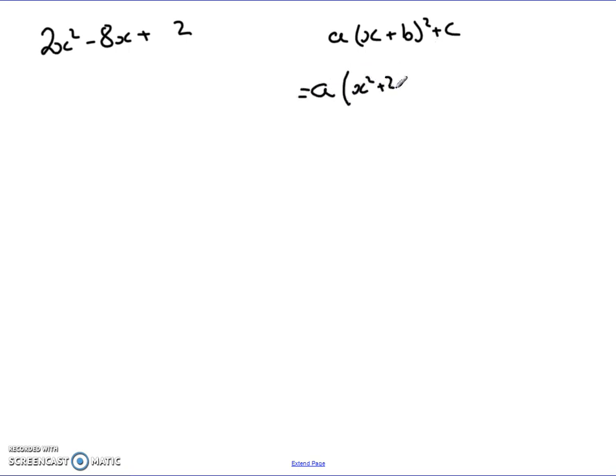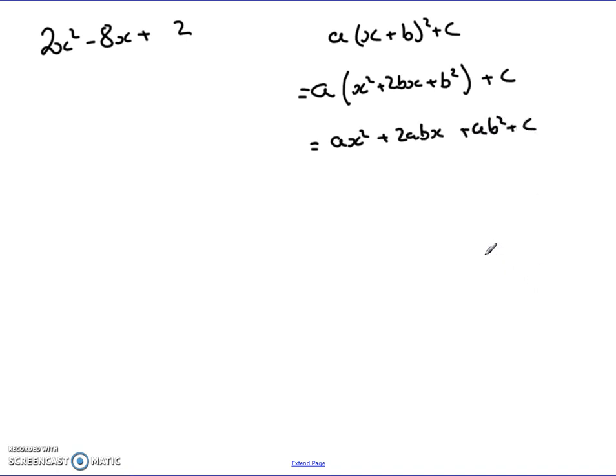Now another way of factorizing something like this is take your 2x squared minus 8x plus 2, and we want to put it in this form. Remember, a bracket x plus b all squared plus c. Well, let's imagine we multiply out this generic equation here. I'd end up with a bracket x squared plus 2bx plus b squared, and then plus c at the end. If I then multiply this bracket out by the a, I get ax squared plus 2abx plus ab squared